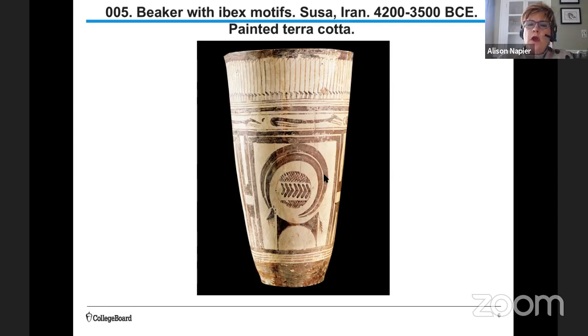And the beaker was made using terracotta. It's a large vessel and a funerary item found among the burial sites of the first inhabitants of Susa. It's credited with being kind of one of the originators of the animal style, a decorative approach with an emphasis on animal motifs. And so you see these animals on the beaker itself, long-necked birds, dogs, the ibex or the mountain goat as well, dominating the decorative